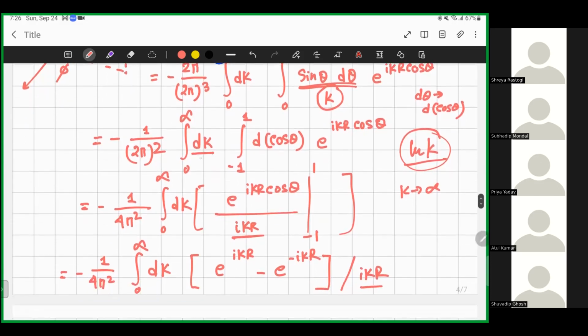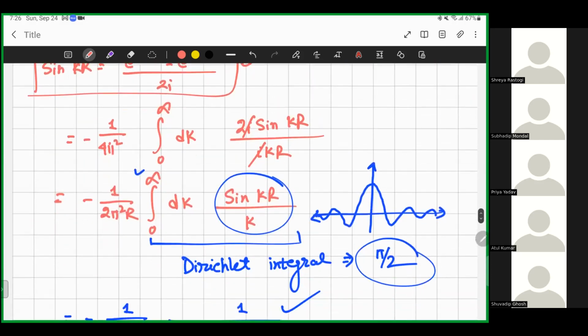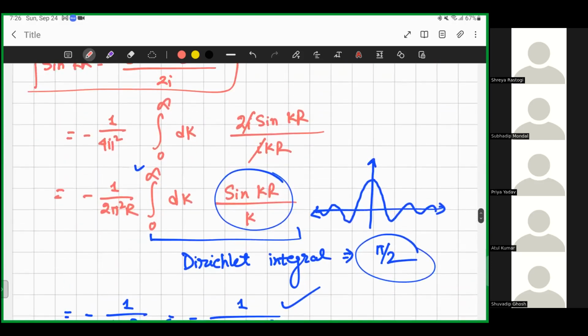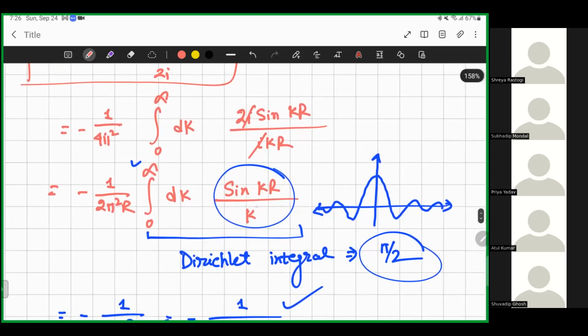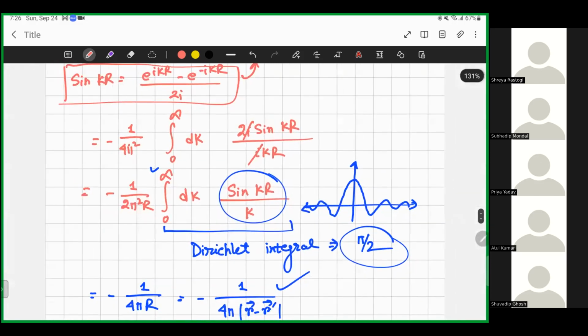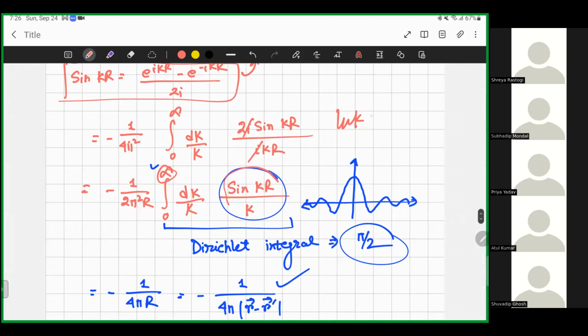That's why, when we want to evaluate this final part, the final point is the integration from 0 to infinity of dk by k squared, and that is where we get stuck. We can write it like this: dk by k, so there will be ln k, and when k tends to infinity